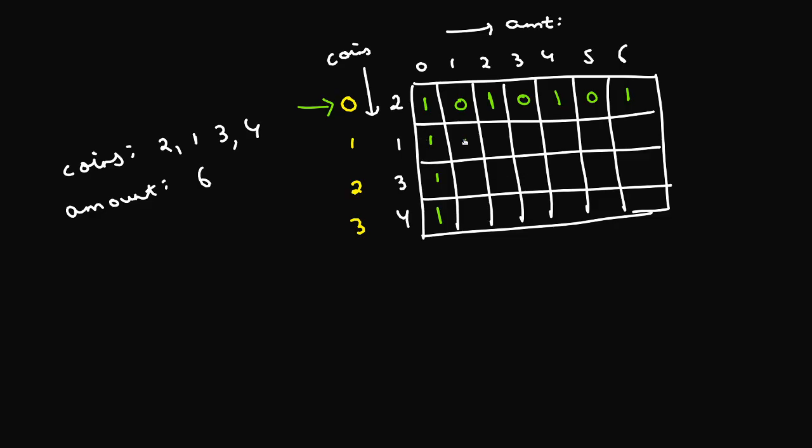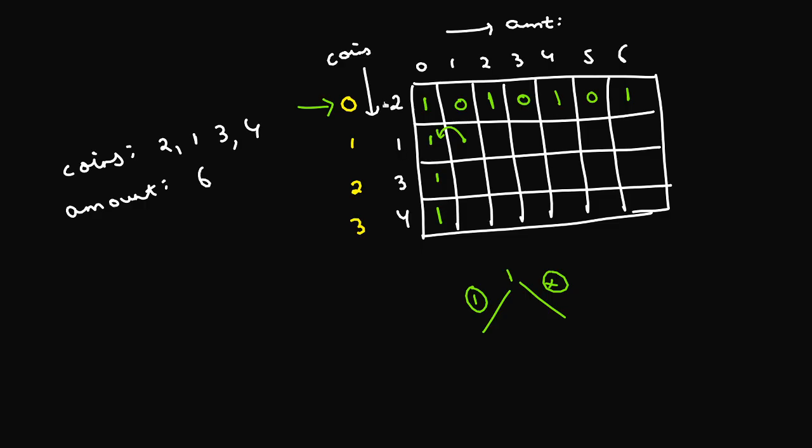So if I have to fill this particular location, this particular value in the grid, if I have to create an amount of 1, in how many ways can I do that? First, I can either use the coin of denomination 1 or I don't use the coin of denomination 1. If I use the coin of denomination 1, that actually takes me back here.